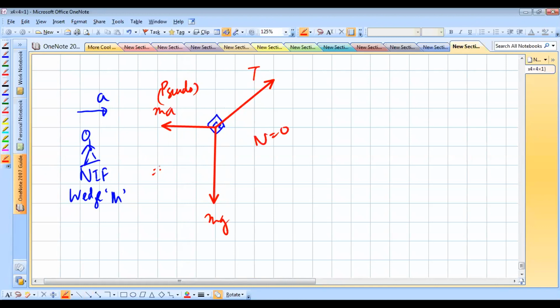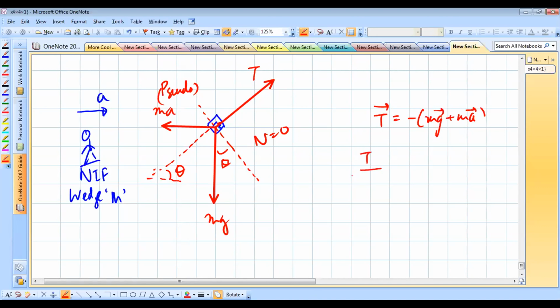And of course, the tension is acting along the thread. So tension should be equal to minus of mg plus ma. That's one way you can solve it, or